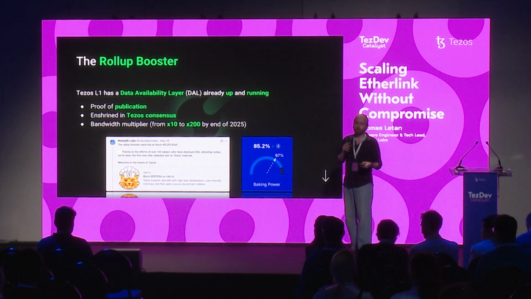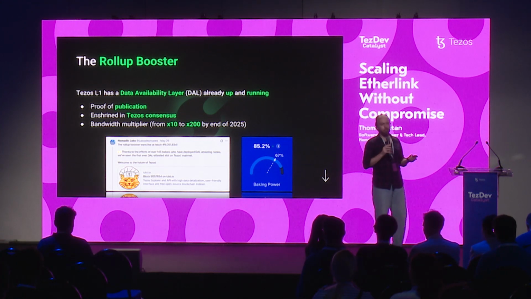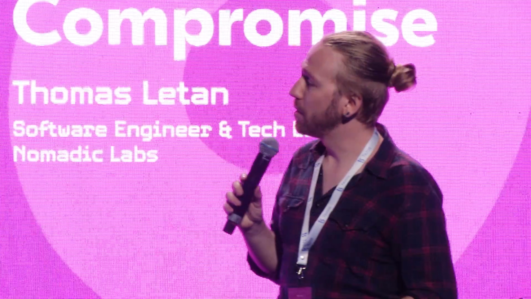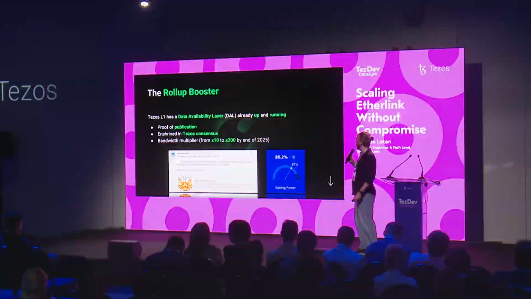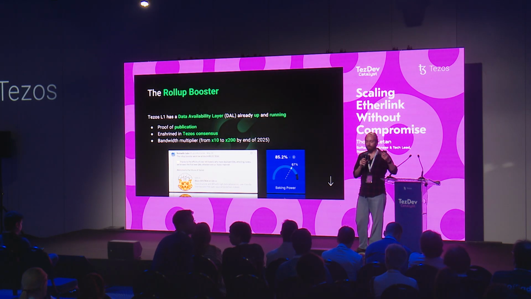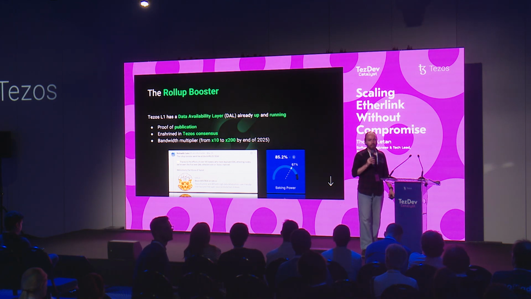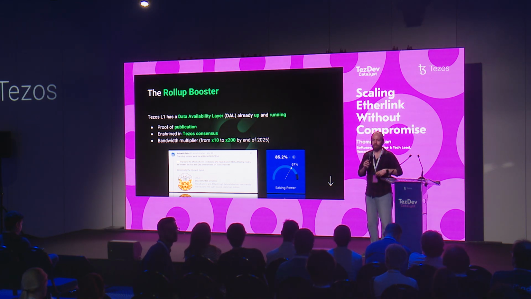The same way we have enshrined smart rollups into the Tezos layer 1 protocol, we have decided to enshrine the DAL directly into the Tezos consensus, and the set of parties that are attesting the publication of data are the same ones that are participating in the consensus of Tezos, that is the bakers. And we can actually thank them and be very enthusiastic by the fact that today DAL is run by more than 85% of the baking power of Tezos layer 1, and that it's been live since May. So DAL is already here today for Etherlink to use to increase its capacity.